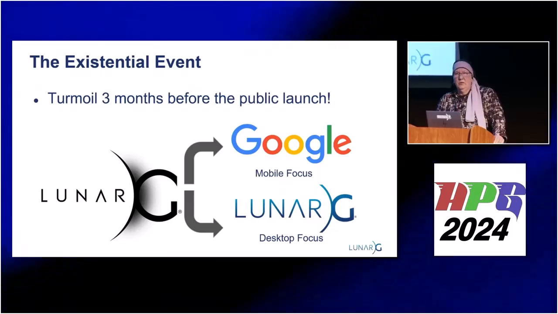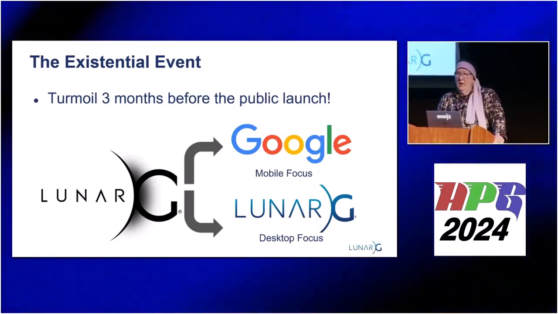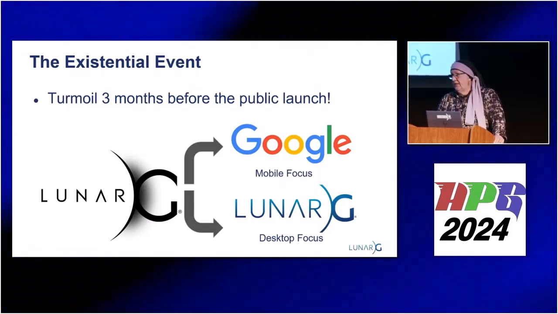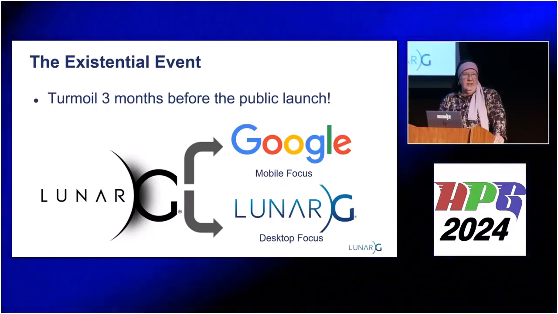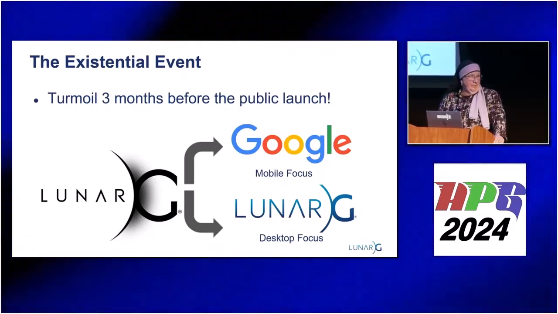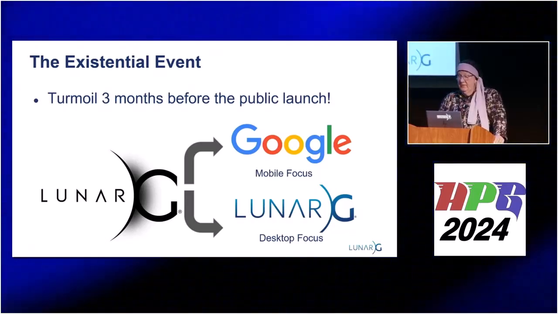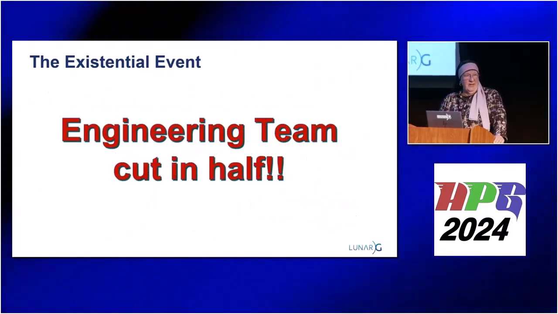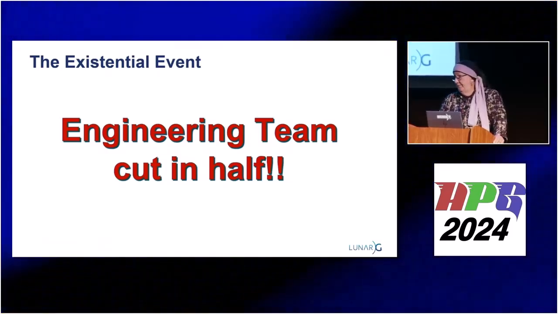correctly, that Google had announced that the low-level standard graphics API for Android would be Vulkan. Well, back in August of 2015, there wasn't a whole lot of Vulkan expertise available out in the industry. And it just so happened LunarG had a bunch of engineers that knew Vulkan. So it made sense, the transaction. Google needed to beef up some of their resources. The only problem is my engineering team just got cut in half, and the launch is 3 months away.